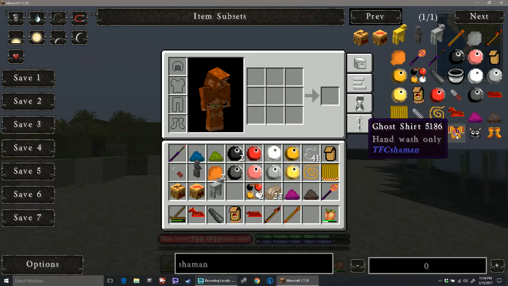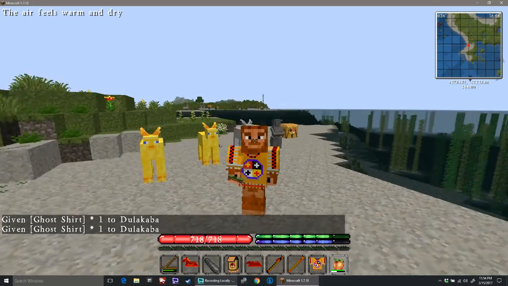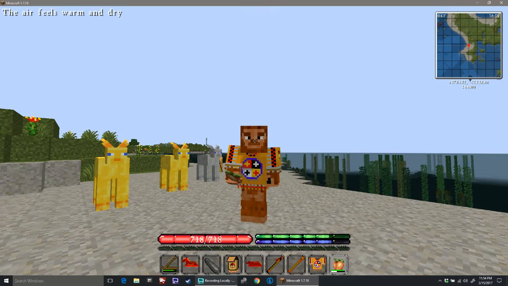First of all, we have the ghost shirt, which is hand wash only, by the way. And the ghost shirt is a beaded buckskin shirt, though it can be made out of any leather. And you can see we've got the 4 medicine colors, the medicine wheel on the front. Now, the 4 medicine colors of the Native American tradition are somewhat different than the 4 medicine colors of world tradition, and I'm going with the 4 medicine colors of world tradition. The Native American tradition would add blue to this in place of one of the colors. But anyway,